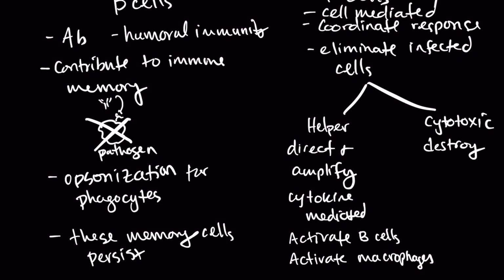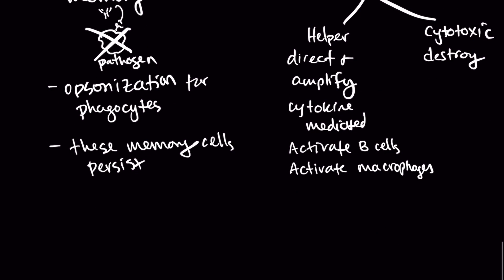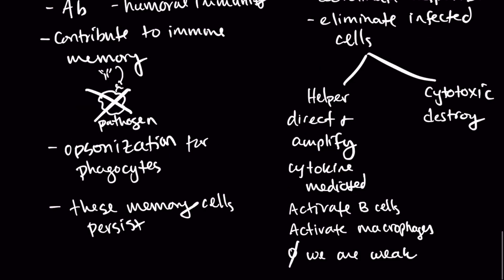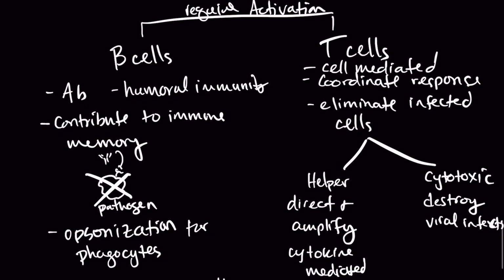One thing to know is that without these, we are weak. We're weak without many of these, but we really miss a central part of our immune system if we're losing our helper T cells. Like I said, cytotoxic cells' main job is to destroy, really good for viral infection. And that's the thing to remember, going back to the B cells, these are going to be good for